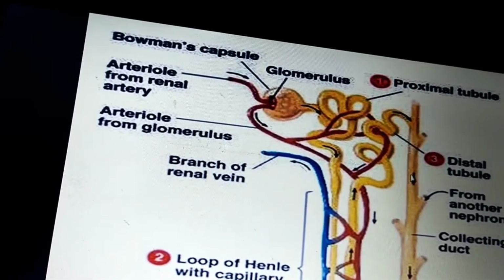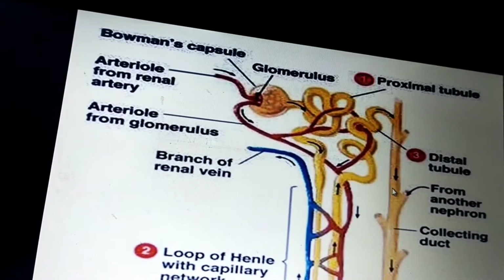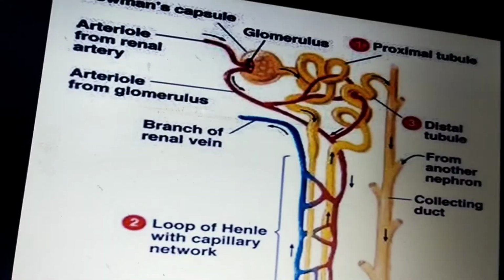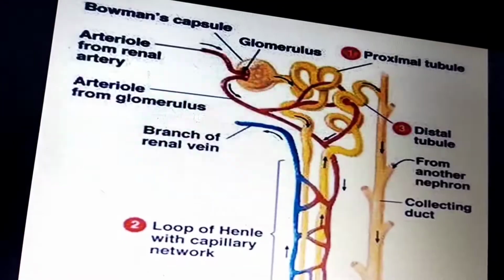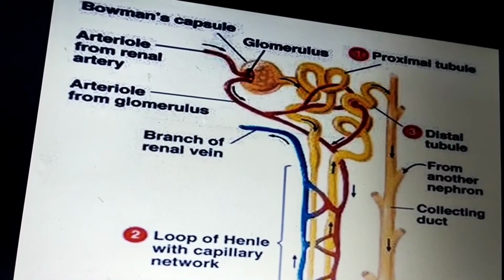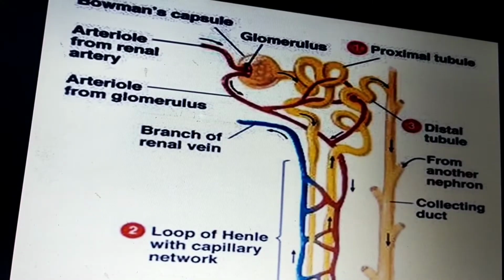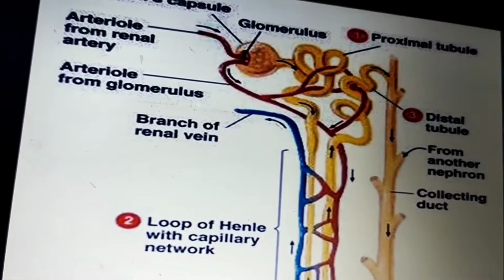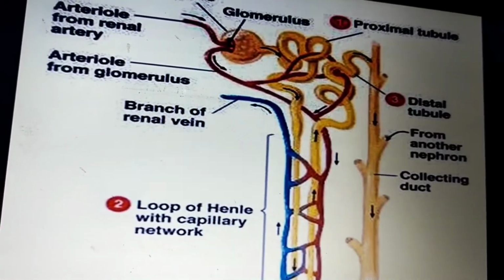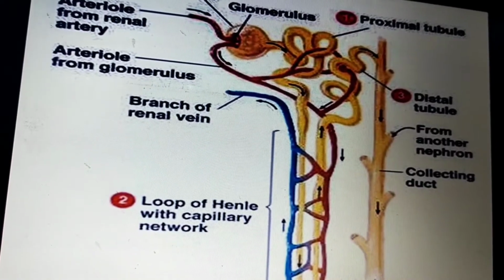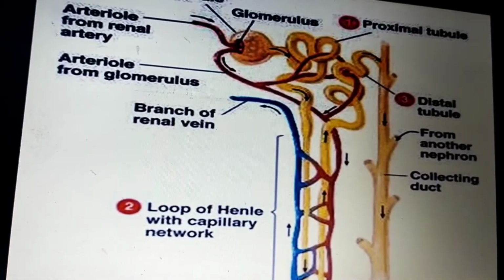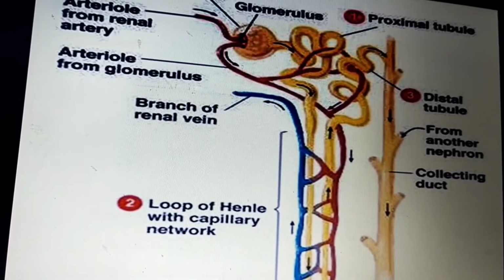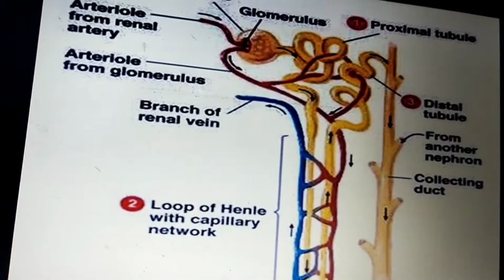Then we can say the distal tubule and collecting ducts. It mainly contains the glomerulus or Bowman's capsule. It has afferent and efferent arterioles. Then to the proximal convoluted tubules. Then it comes to the loop of Henle. Then the distal tubules. Then the connecting tubule or collecting duct.